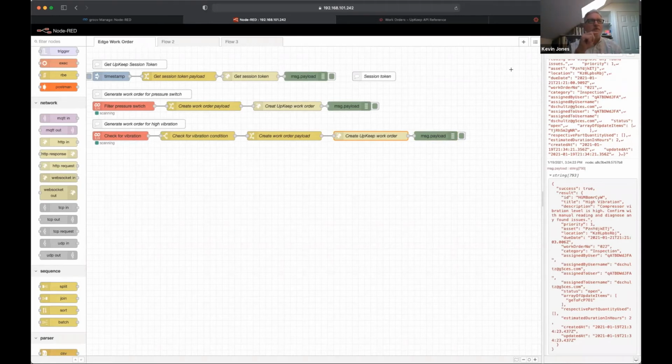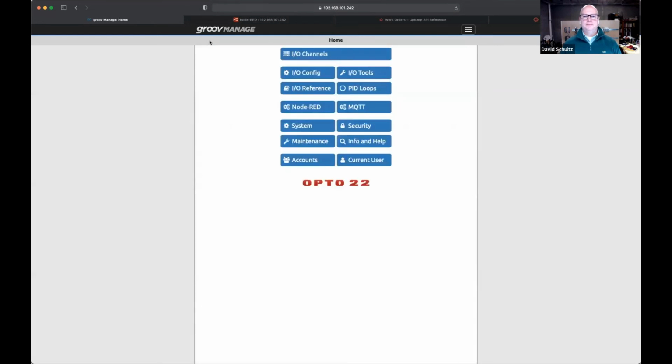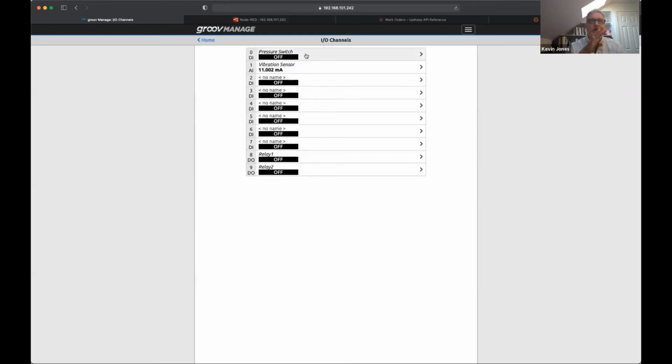So on the Opto22, you have Groov, which is kind of like a configuration, or I'll call it an operating system because of my background in software. And then Node-RED is operating on that PLC as well, I think. Yeah, right? It's just a remote I/O. So all you're doing is putting all kinds of different channels out there. Fair. Okay, so then you're setting up the Opto22,